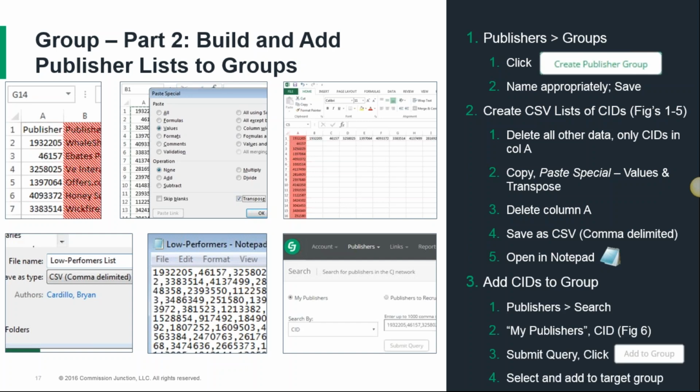So to do that, go to your Publishers search page, and with the My Publishers button selected and CID chosen from the drop-down, you can add up to 1,000 CIDs to each group. Repeat for each of your groups. We're done with part one. Remember, I know this is a lot of steps here, but the value of pulling that reporting, examining publishers' profiles, and adding these lists into groups is huge. By doing this, not only can you reach out to and provide offers to groups differently, but you're establishing groups that will provide customized reporting and insights for everything this campaign brings in terms of results. Super exciting. Okay, let's move on to the offer step.